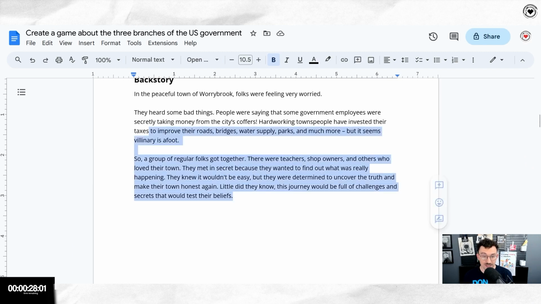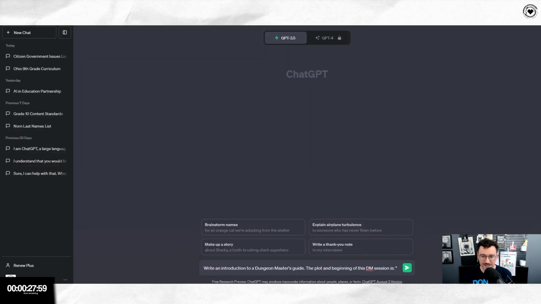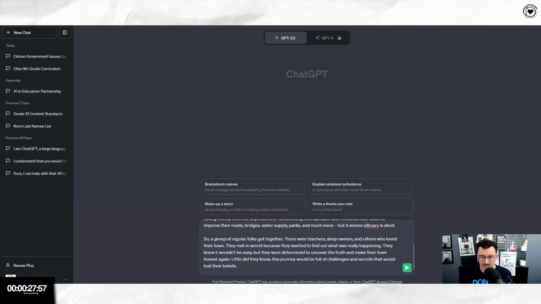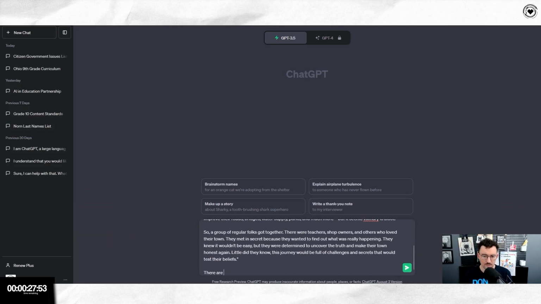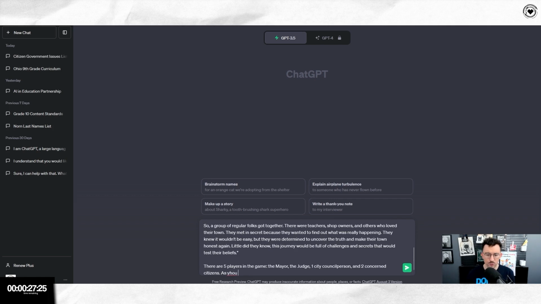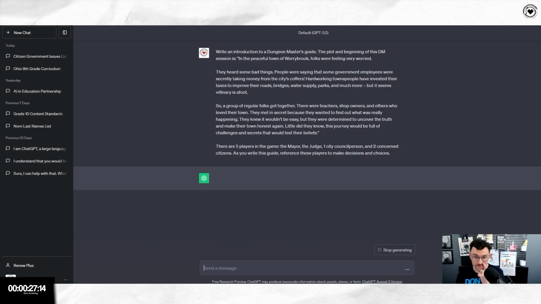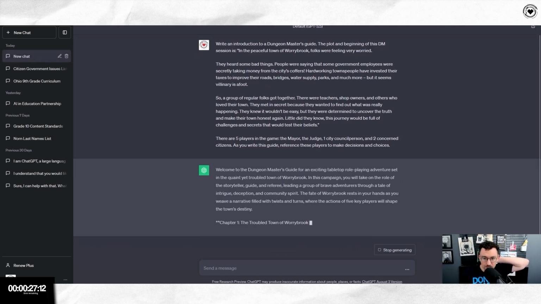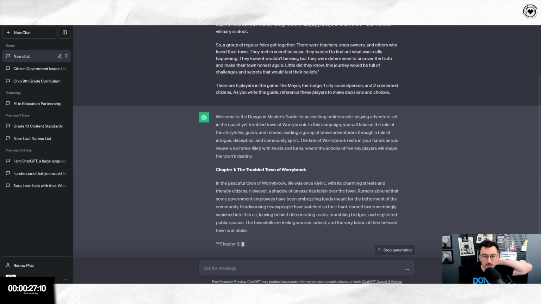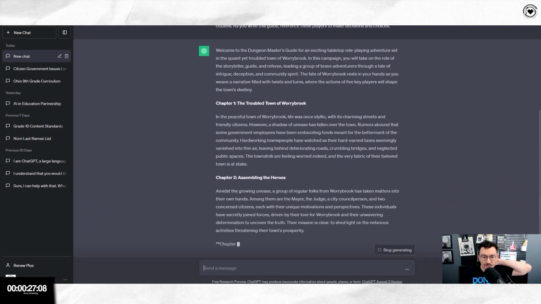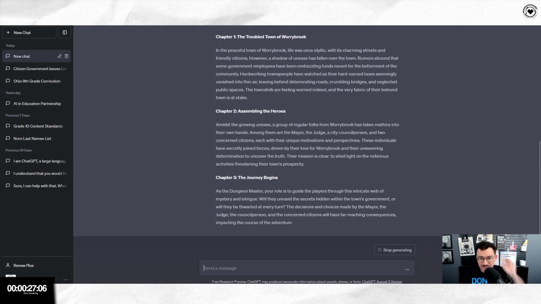This is really going to test ChatGPT's ability to think. So plot is this. There are 5 players in the game. As you write this guide, reference these players to make decisions and choices. Let's see. Welcome to the Dungeon Mastermind. For the Willowbrook in this campaign, you will take on the role of storyteller guide. Oh shit. Okay, this